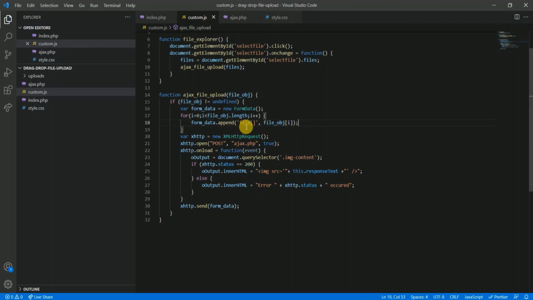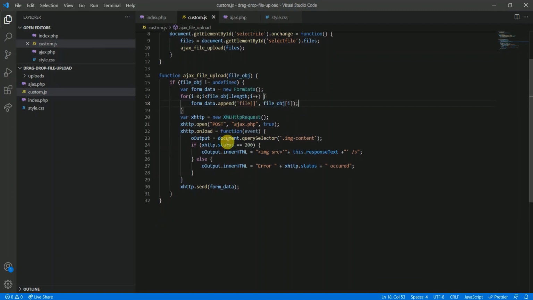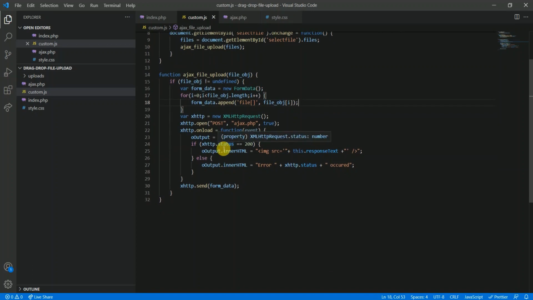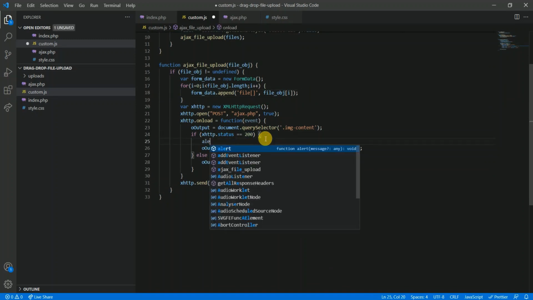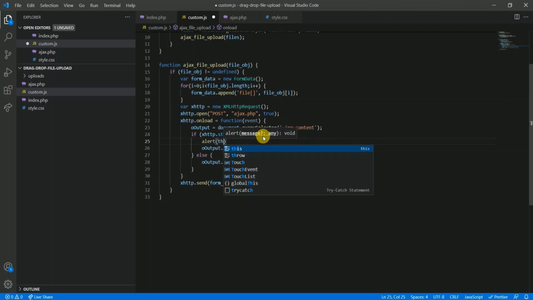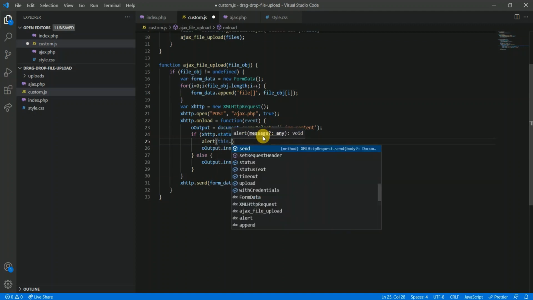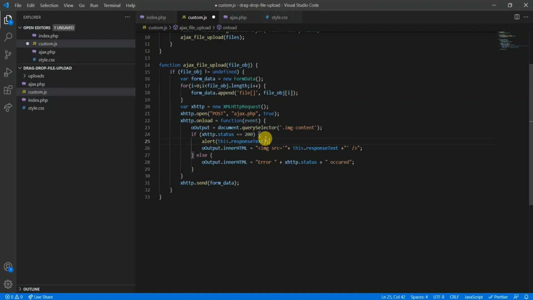Now next thing is the XMLHttpRequest. Now we are not displaying it as we have multiple files, so just alert it.